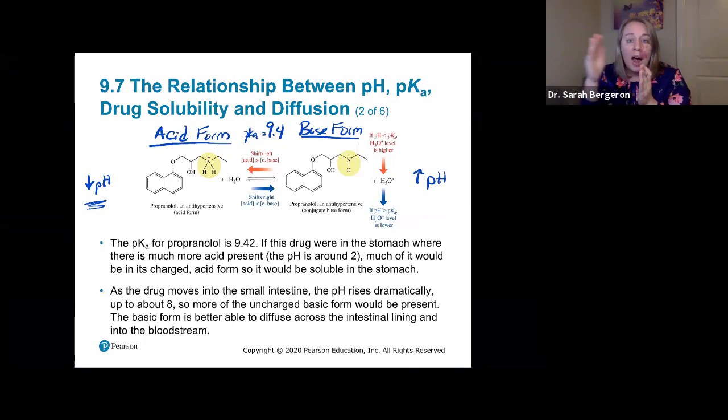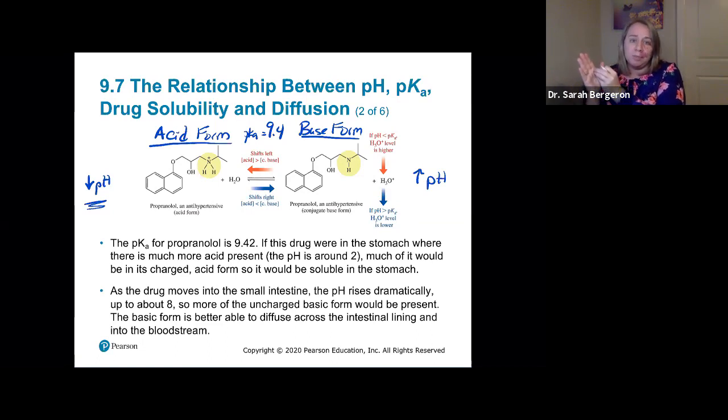If it is higher than the pKa, then more of it is going to be in the base form. And so there's a range across all the different pHs. When you're lower than that pKa, you have way more in the acid form. You have some conjugate base, but way more of the acid form. And as we increase our pH and get close to that pKa, more and more turns